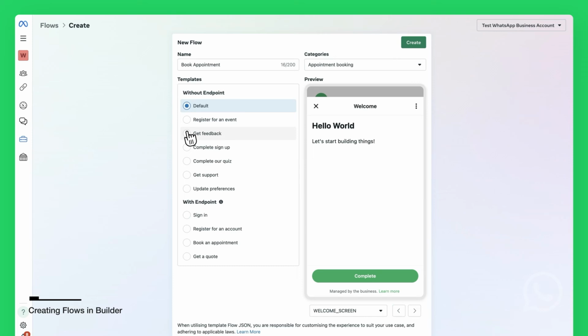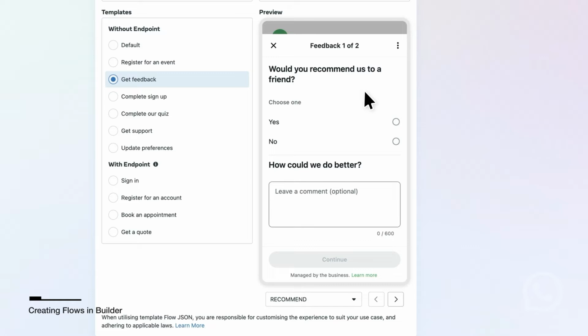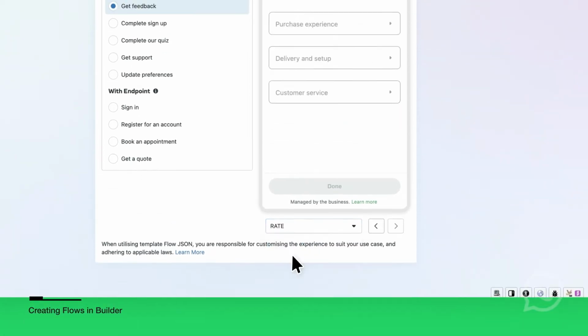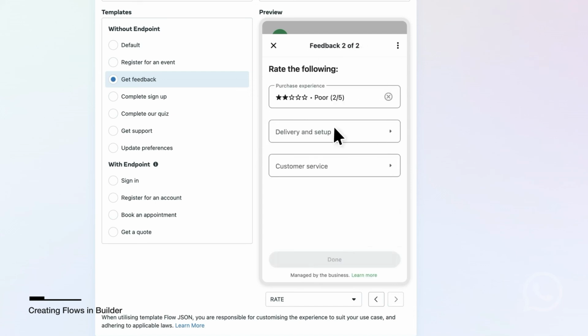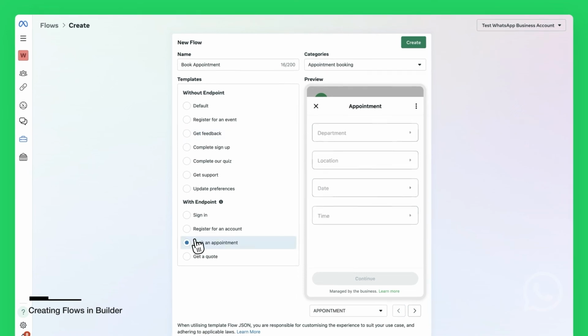You can select one of the templates as a starting point for flows. When you select a template, you will see its preview on the right side, and you can see how different screens look. The templates without an endpoint are for static use cases, but the templates with endpoint are for use cases where you want to populate flows data or control navigation dynamically from your backend. We will use the Book an Appointment template with an endpoint as we want the appointment times and locations to